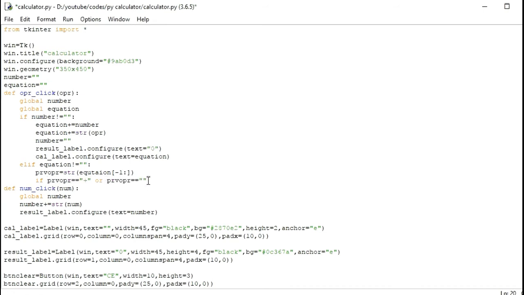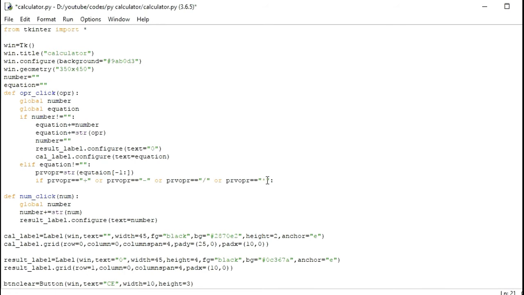This should be minus, or paste it, or paste it. Here should be division, or this is multiplication. Any of these would be there, then